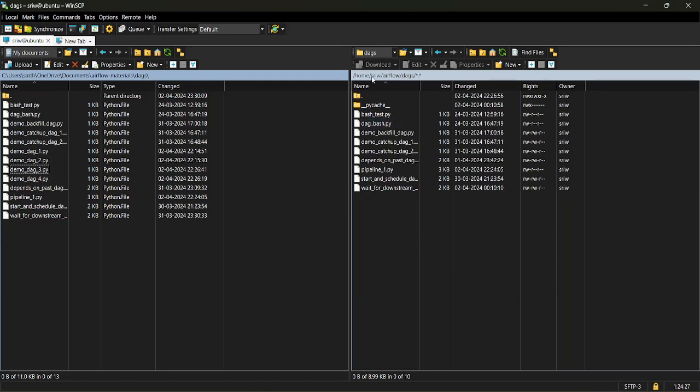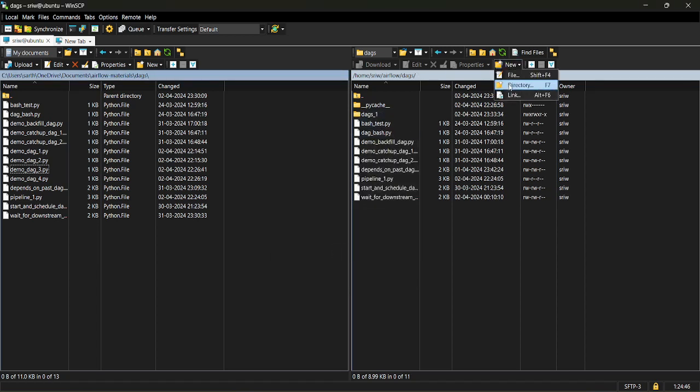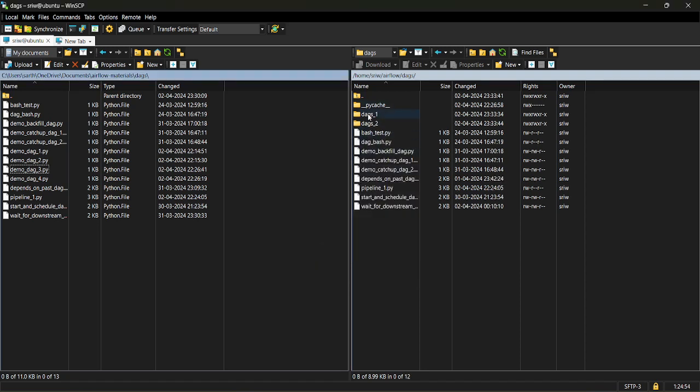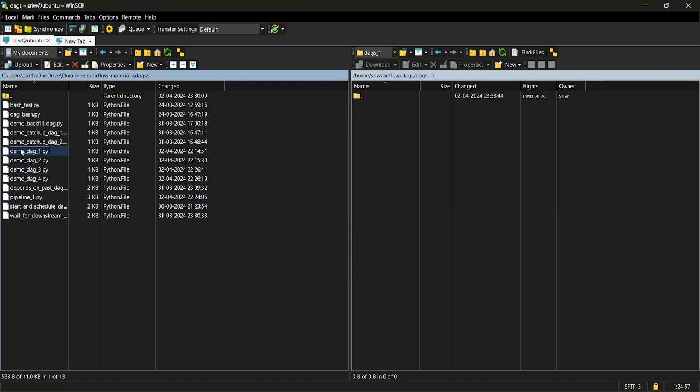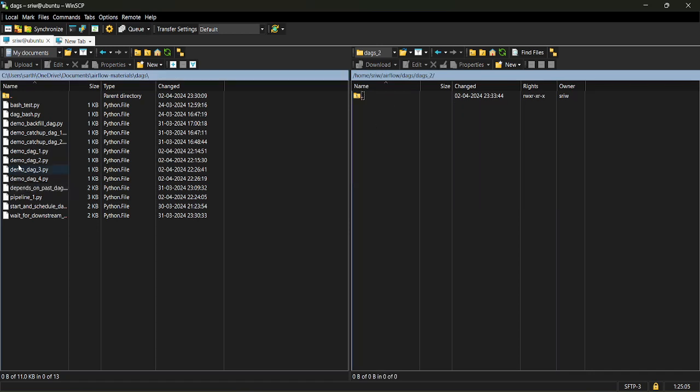Now, let's do one thing. You can see we are currently inside the DAGs folder. Let's create two folders basically. Let's name the first folder dags_1 and let's create another folder dags_2, and let's place a few sample DAGs inside these two folders. So let's copy these two files inside the dags_1 folder and these two files inside